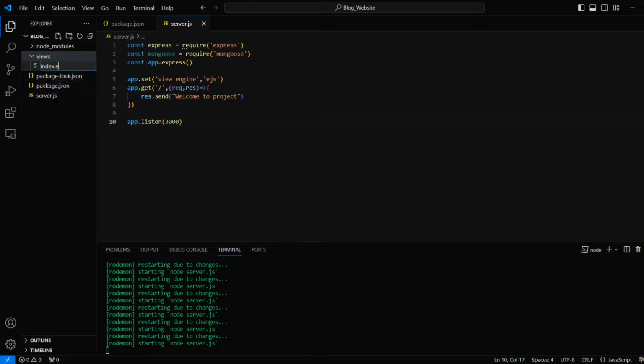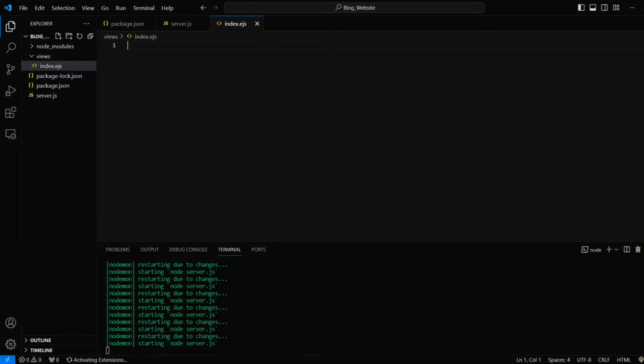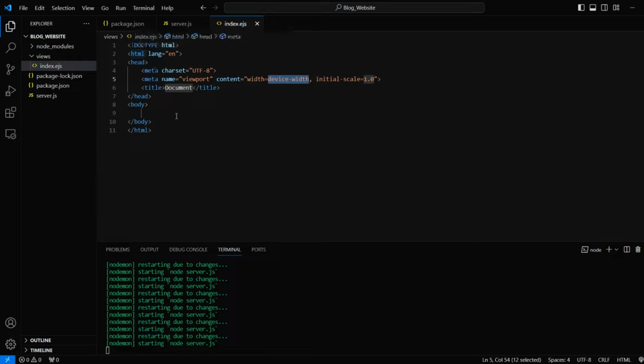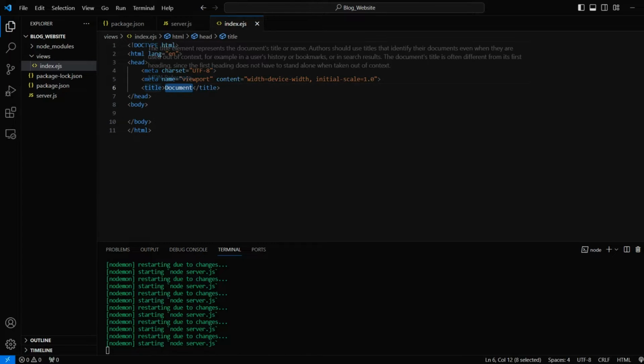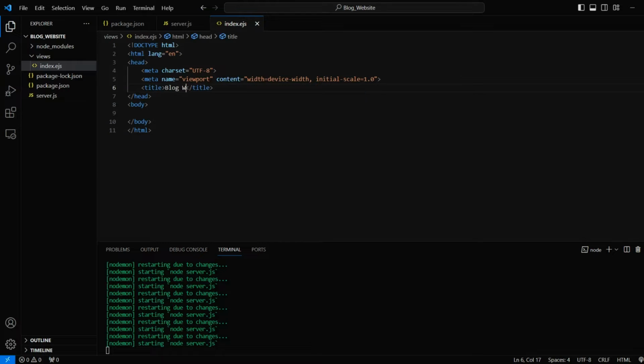It's a text file, sorry, EJS, because we are using EJS dependency here. So in this EJS file I'm going to get boiler HTML template. For that I need to type exclamation mark. I'm going to give the heading as blog website,